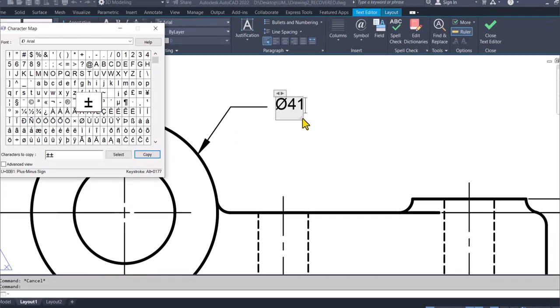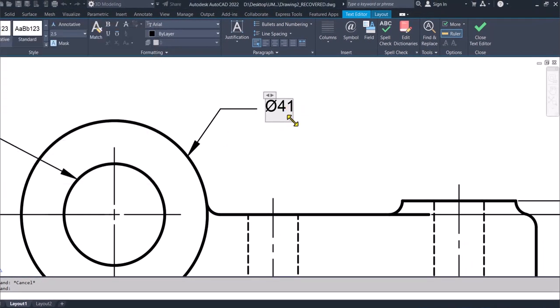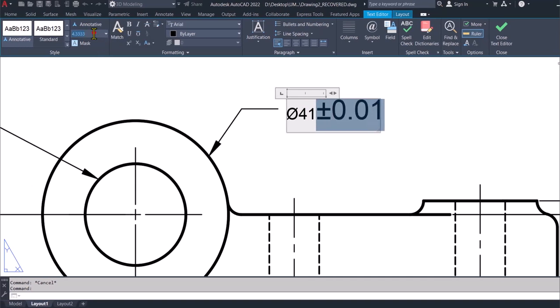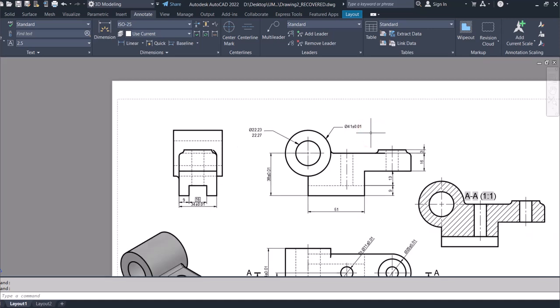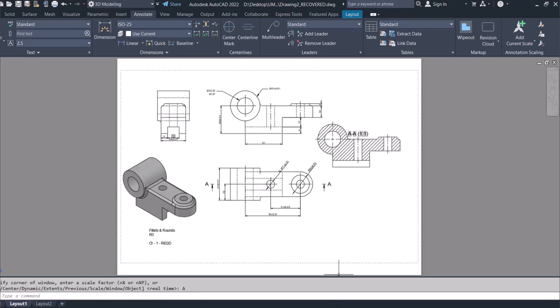Okay, now let me see. So it's copied. So Control V, right? I copied it. So Control V to paste it, and then 0.01. Now let me select all of that, and then is it 2.5? Okay. Now Z enter, A enter, and